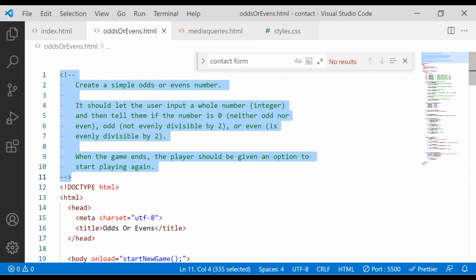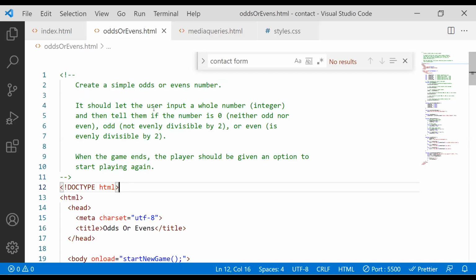Everything you see there is a comment. We've already talked about comments before. They're ignored by the system. You put it in there so we can understand it. So this program, when we run it in a minute, allows you to input a whole number, and then